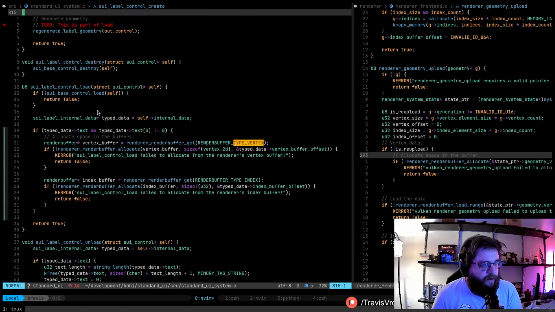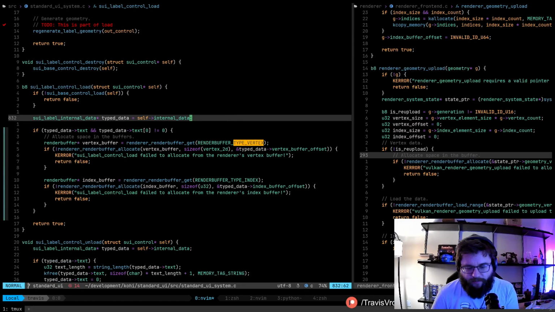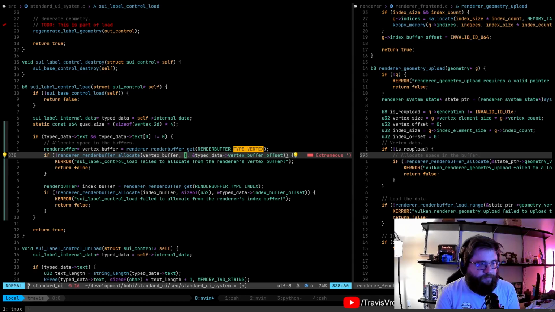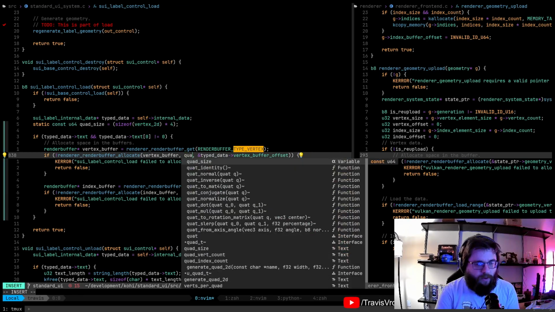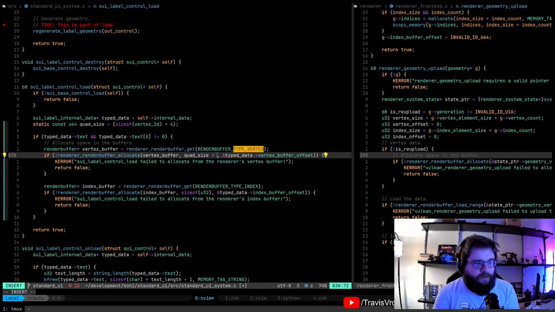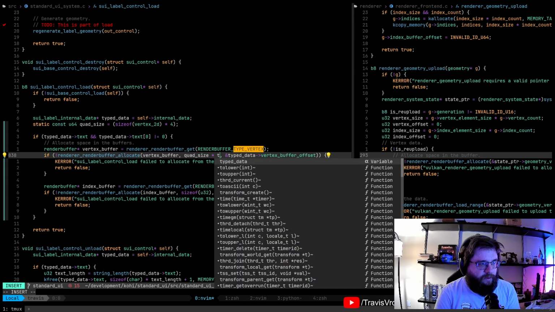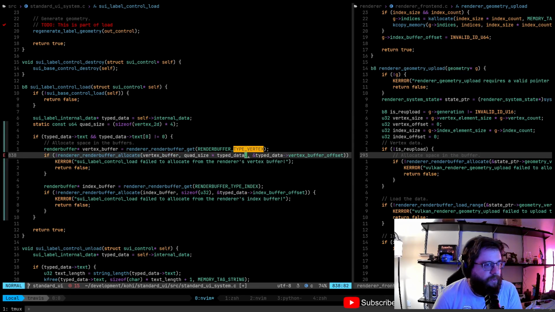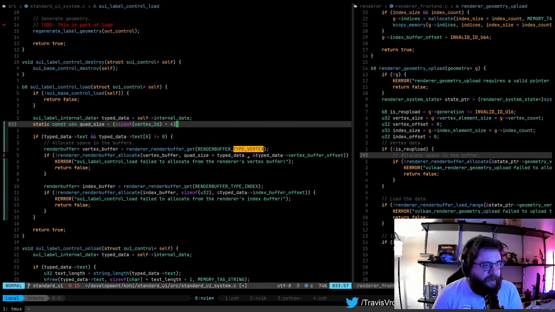Let's take our good old quad size and put it down here. So actually this is going to be quad size times type data. Do we have our text length in here? Probably not. No. Okay. So we need to get that.